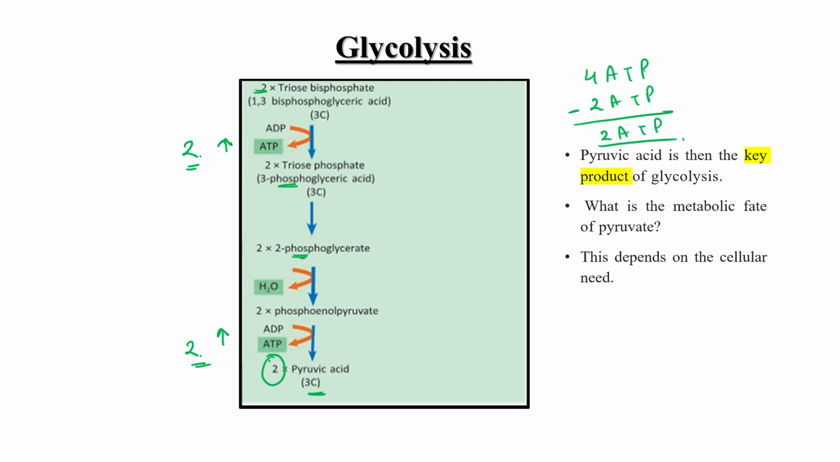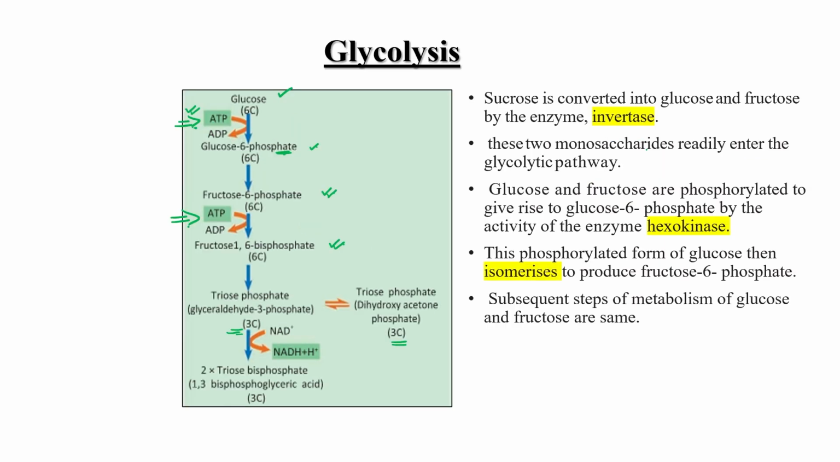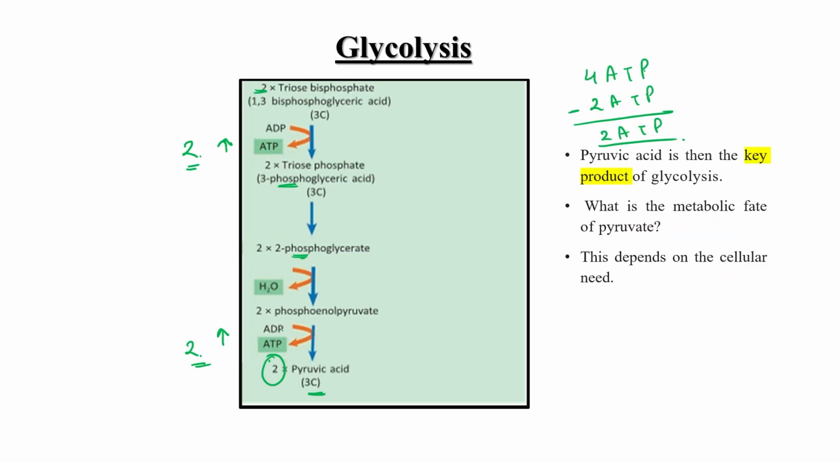In this, not total, net gain. We can use the term net gain, net profit, 2 ATP in this glycolysis pathway. While one molecule of NADH is produced with one molecule of glyceraldehyde 3-phosphate, and here two molecules of 3 carbon sugar means 2 NADH. Okay, so we can say 2 ATP and 2 molecules of NADH, and this NADH then converts into ATP in